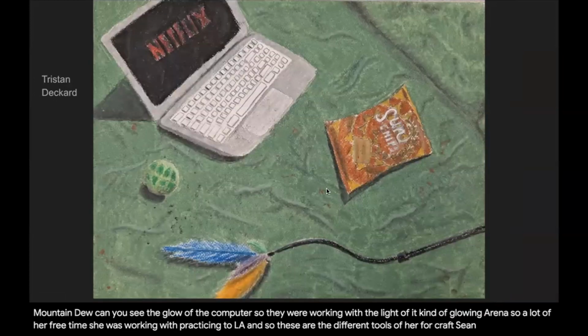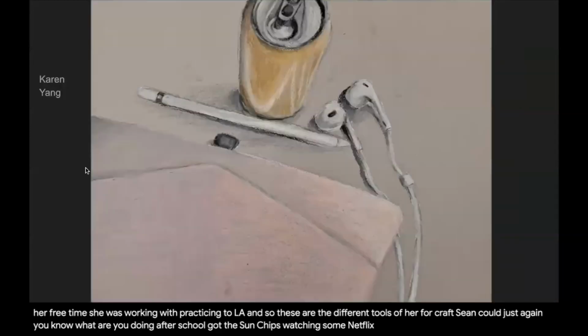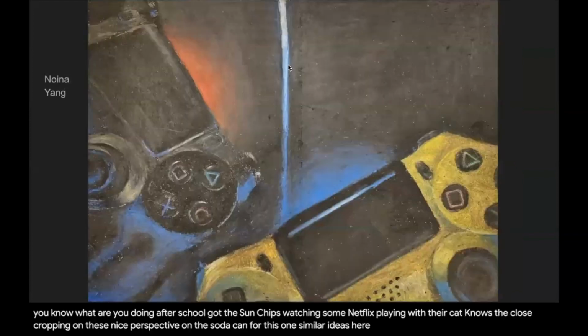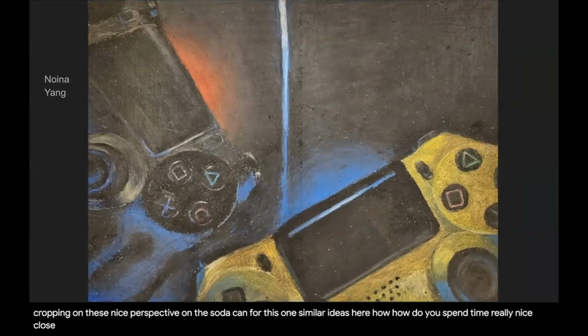Showing just again, what are we doing after school? Got the sun chips, watch some Netflix, playing with her cat. And you can notice the close cropping on these. Nice perspective on the soda can for this one. Similar ideas here of how do you spend time? Really nice close cropping, gamer, PlayStation,